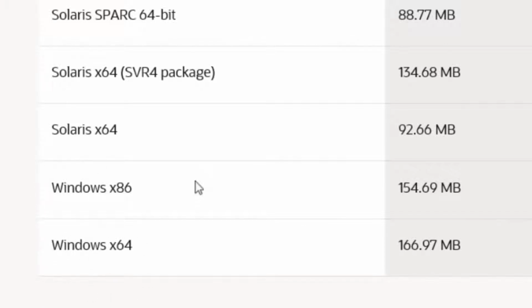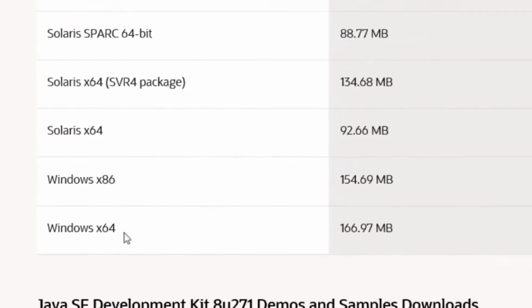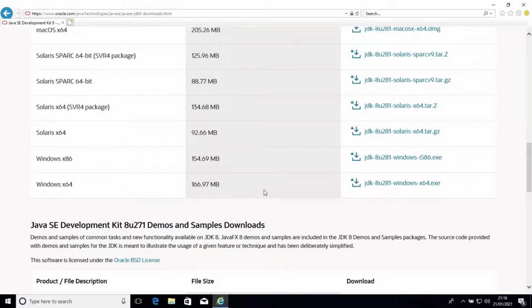Now at this point, we need to know whether we have a 32-bit version of Windows or a 64-bit version of Windows. So there are two different versions of Windows that you can have, 32-bit and 64-bit. And these are denoted by x86, which means 32-bit, and x64 means 64-bit. You wouldn't necessarily expect that. And this is actually a reference to the underlying microprocessor. But just know that the 64-bit version has 64 in it, and the 32-bit one doesn't. So we've checked already on this particular version of Windows, and we know that it's a 64-bit version that we need. Because if you remember, that's the x64 that we saw before. So let's download the 64-bit version now.